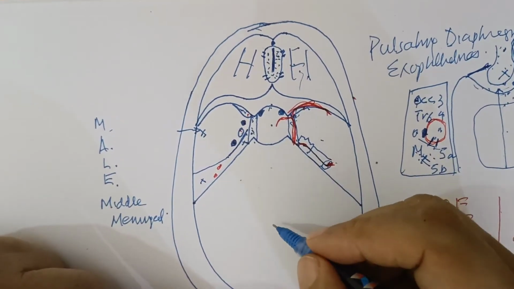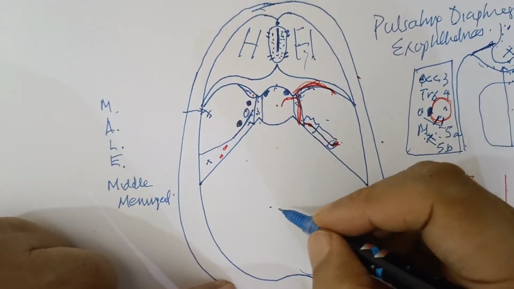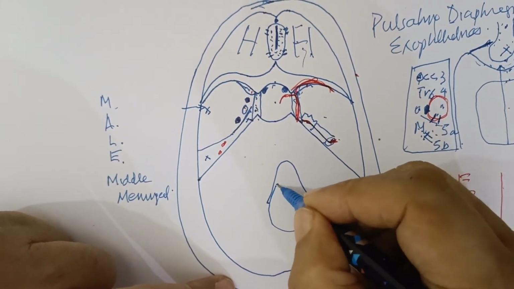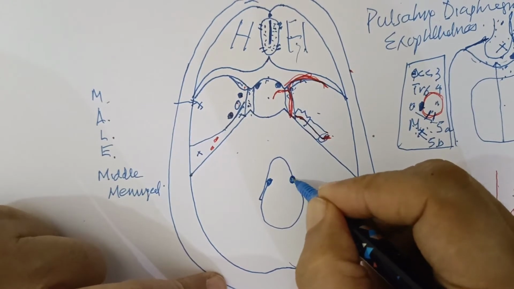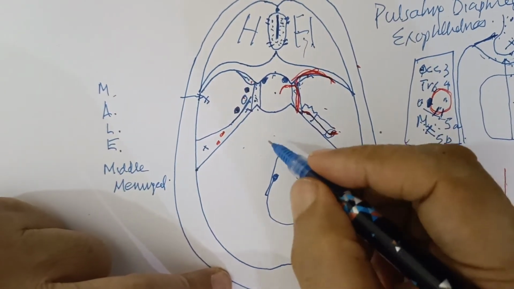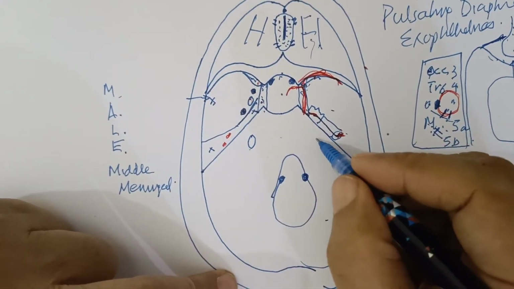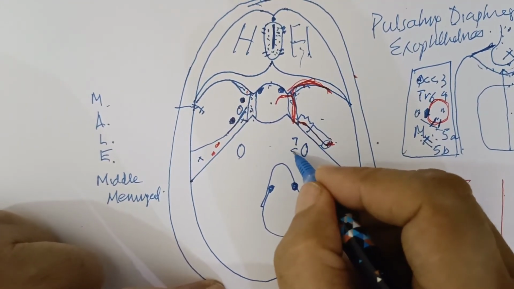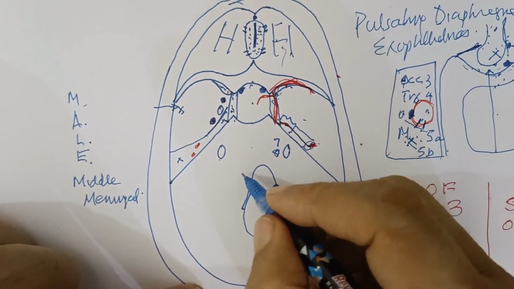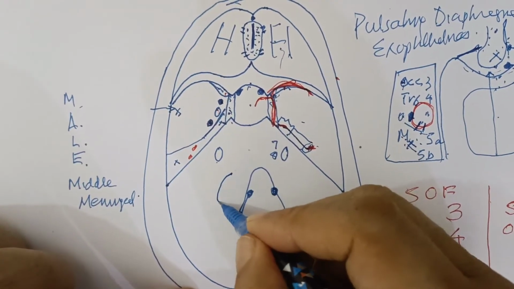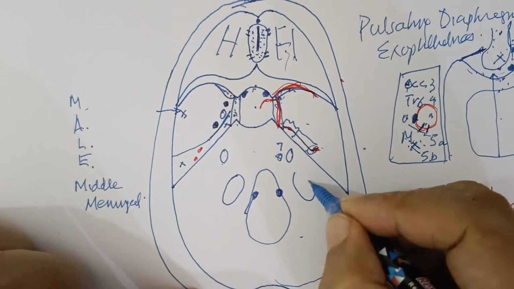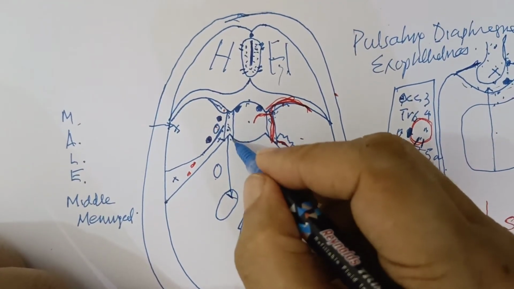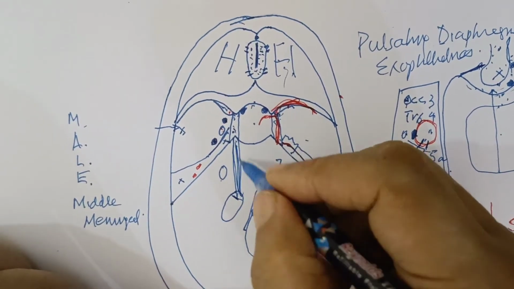Then we go to the posterior cranial fossa, where we place the foramen magnum. We have the anterior hypoglossal canal through which passes the 12th nerve, we have the internal acoustic meatus through which pass the 7th and the 8th nerve, and we have the jugular foramen on the two sides, in which lies the inferior petrosal sinus. This is the inferior petrosal sinus.